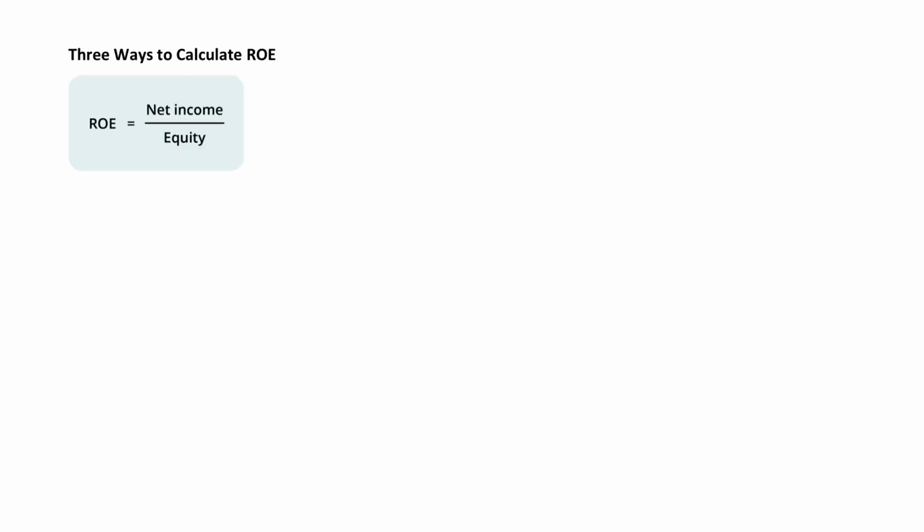Here we go. So we've got three ways to calculate our return on equity. The first way is to just simply take your net income per your income statement and divide it by equity. In theory, if possible, that equity number could be an average, mixing income statement and balance sheet. But net income divided by your equity. The problem with the single fraction approach is we don't know what's driving that return on equity. So there's really no way to determine whether or not that's sustainable. So we want to break that into its core components.